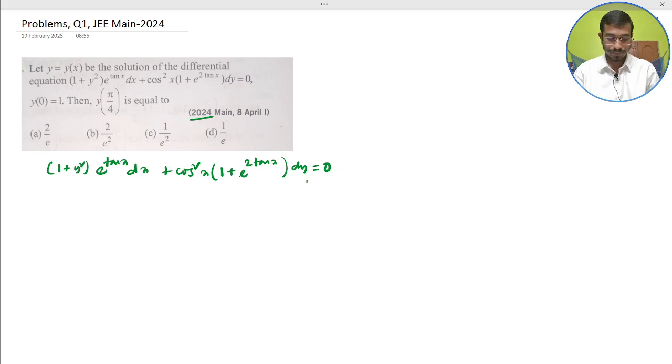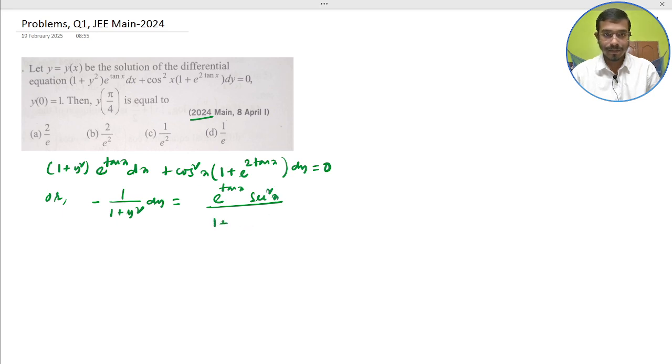So next, we set up the differential equation by separation of variables: minus 1 by (1 plus y square) dy equals e to the power 10x into sec square x divided by (1 plus e to the power 2 tan x), meaning (1 plus e to the power 10x) whole square, into dx. Okay. Now on integrating both sides,